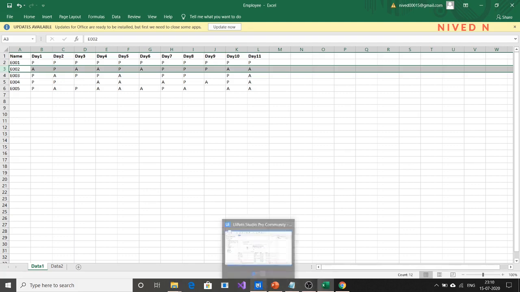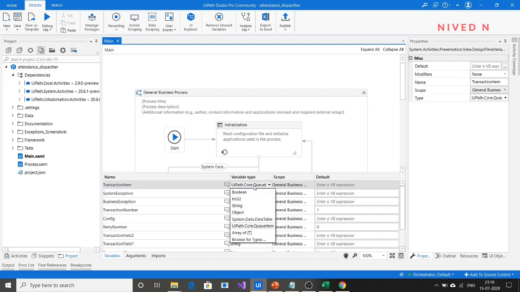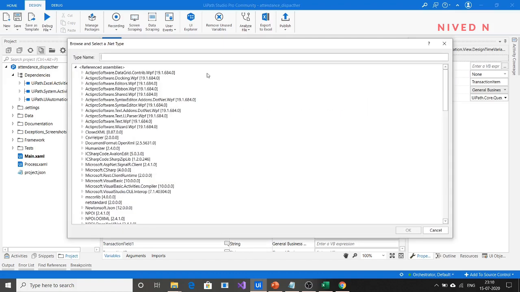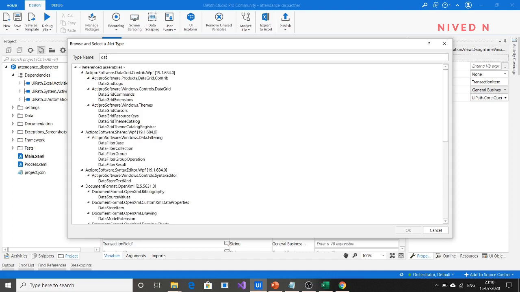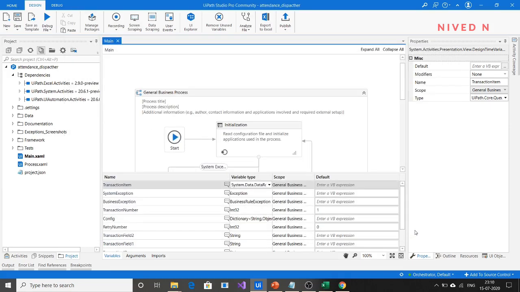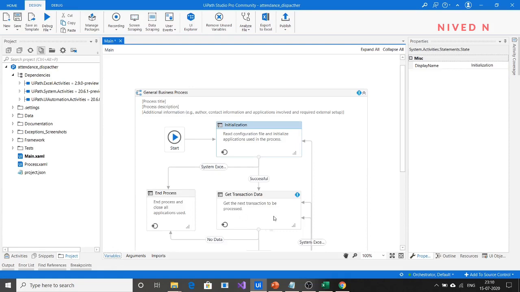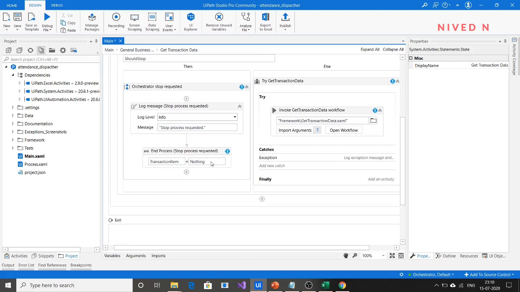Okay, since we know that for the RE framework by default it is set as queue item, we have to change it first. So go to queue item and change it into data row. For that, just search here for data row, system.data row, and click on it. Now you can see the validation appears here. Now you can do these corrections. Just change it here to nothing.